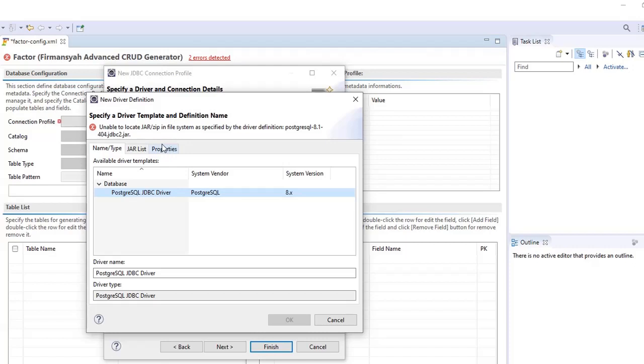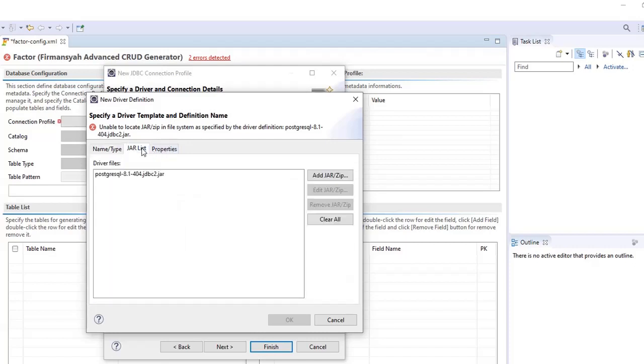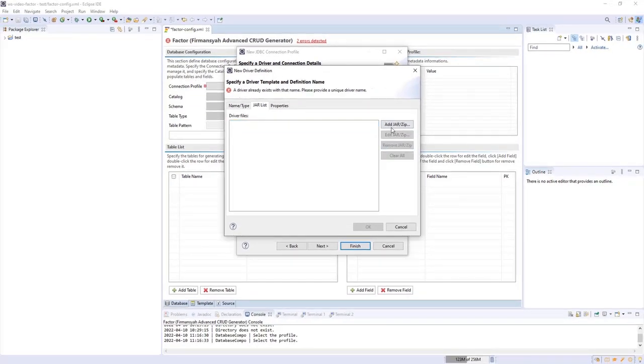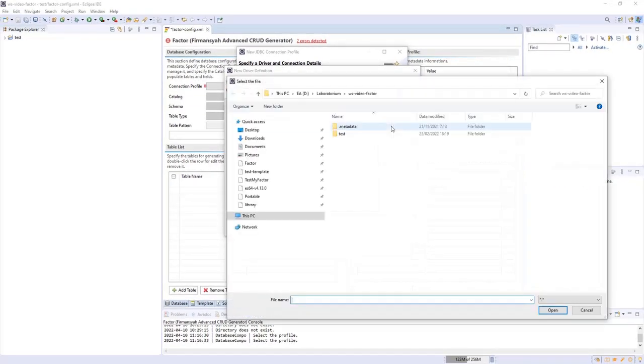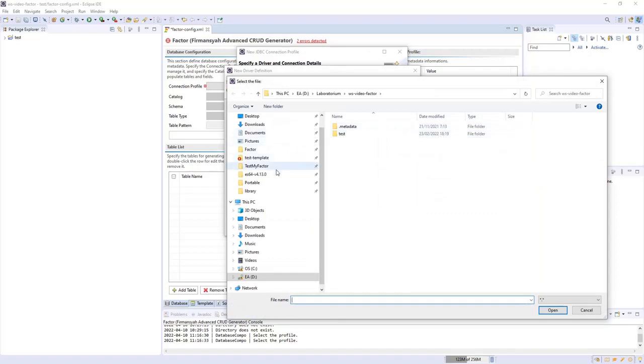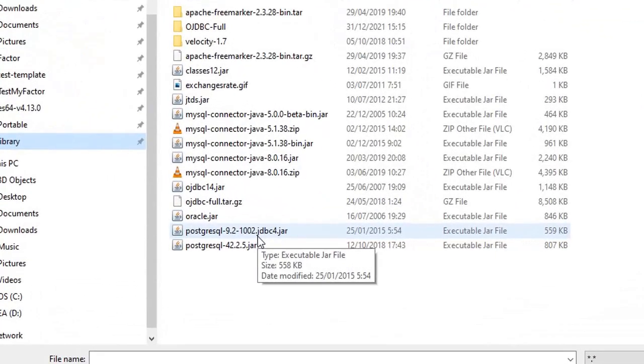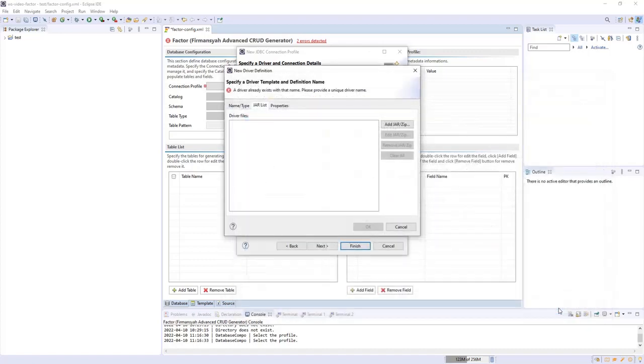So you can click on the Jar List tab, and then edit or remove, and then you can add. In this case I want to remove it, and I want to add the jar file that I am searching for. In this library I have the Postgre jar file. Just select this file, the Postgre 9.2 jdbc4.jar file, and then click Open.